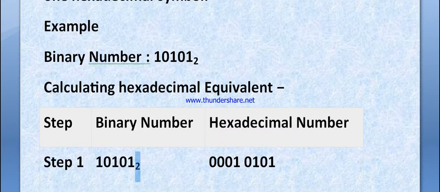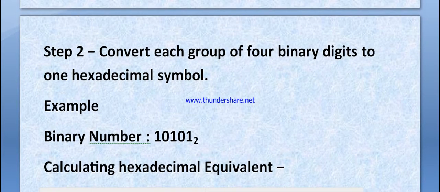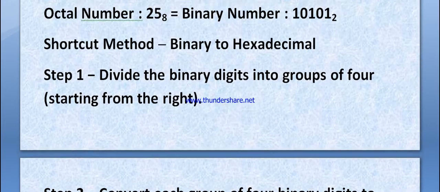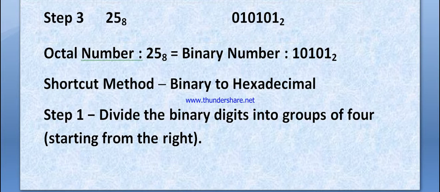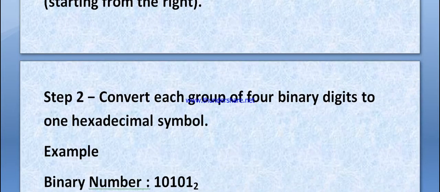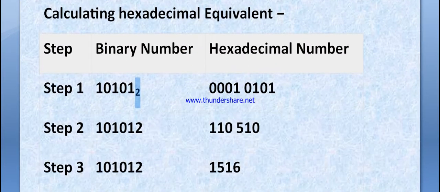This is the binary number, the octal number of 25. So we calculate the value and divide it into groups of 4. This is the first group of 4. Now 1 and then all 3 0. So what should I do next? The second step: the first step has been done. Okay, so now the second step, it will be calculated.